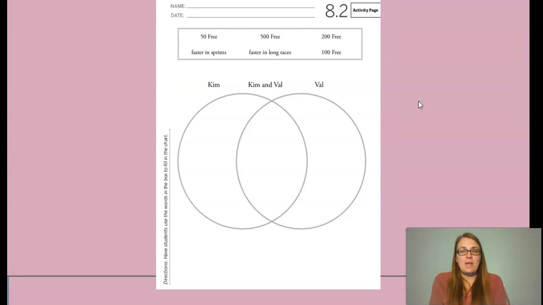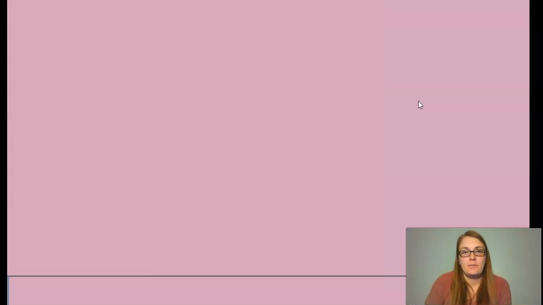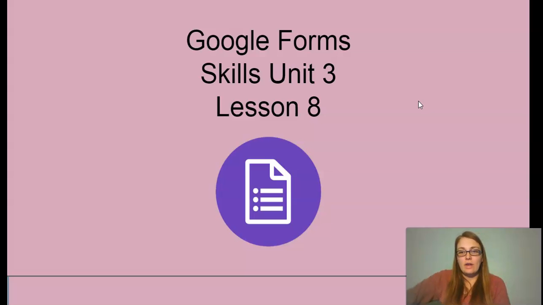Okay, so again we have a Venn diagram, which the two circles where they overlap, that's things that are similar between the two girls, Kim and Val. And on the outside, you're looking at the differences. So at the top of the page, there are 6 phrases in the word box. Put them where they would go. There's 50 free, 500 free, 200 free, 100 free. Faster in sprints, faster in races. If you don't remember which sister is which, go back and reread or re-listen to the story to find the correct information. And if you don't have that, work in